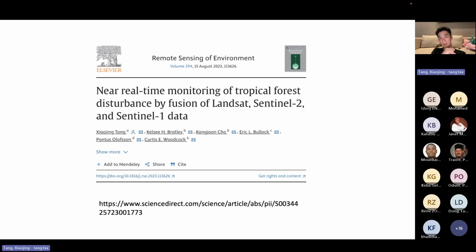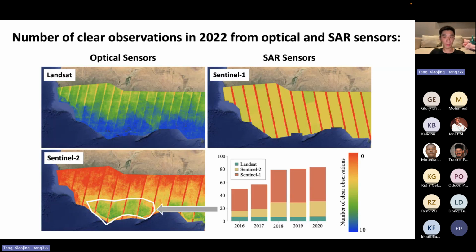Okay, so my model, this is the part that I worked on for my PhD, basically. Near real-time monitoring of tropical forest disturbance. The paper is already published. If you're interested, please go to this link and read the paper. You'll learn more about how the algorithm works. But I will try to cover the technical part and how to use the algorithm in your region specifically today. So the rationale for combining the three sensors is